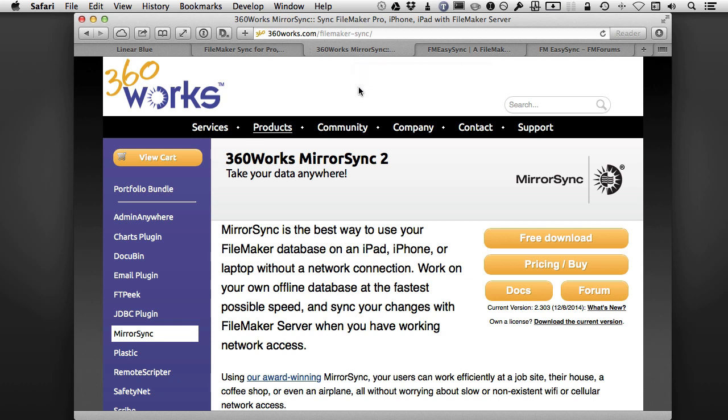A lot of people talk about the pros on this one. It is a full sync. You can't do little parts as you can with GoZync. I believe you can do field by field sync with GoZync. But when it comes to something that you need to throw into your solution and you want to do it for free and easy,